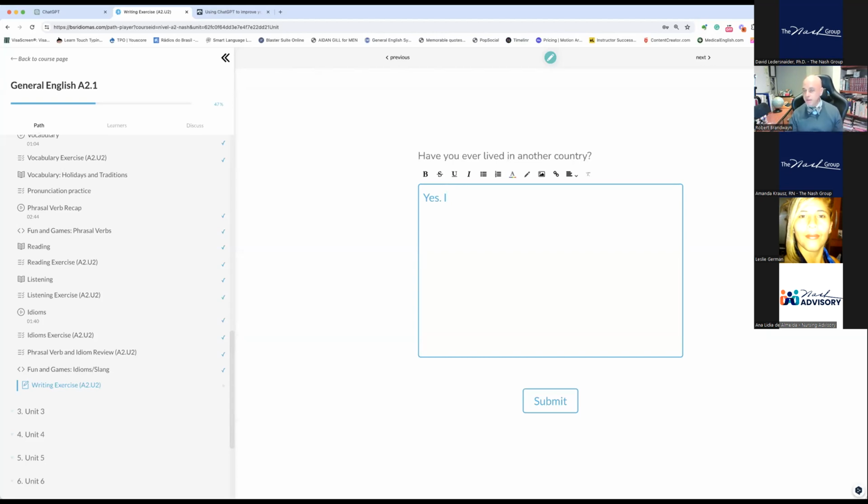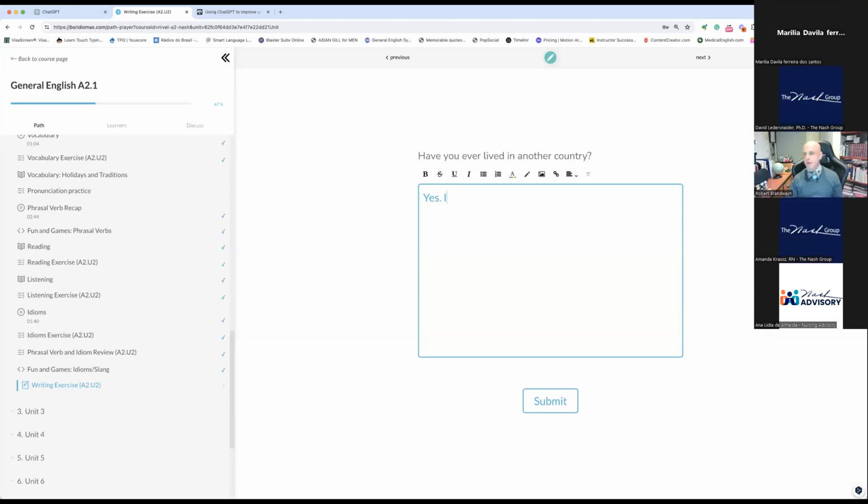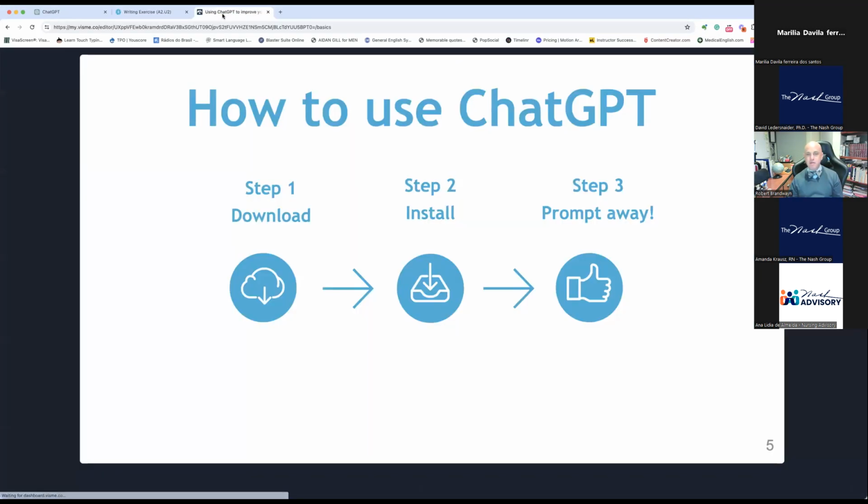What about speaking? ¿Qué pasa con la habilidad de hablar? Okay. So now we are creating these speaking spaces. Estamos creando estos espacios para hablar. So you can practice your speaking. Para que ustedes puedan practicar su speaking. But, for example, 5 times a week, 5 veces por semana, for 1 hour, por una hora, 7 times a week, 7 veces por semana, for 1 hour, it's not enough. No es suficiente.